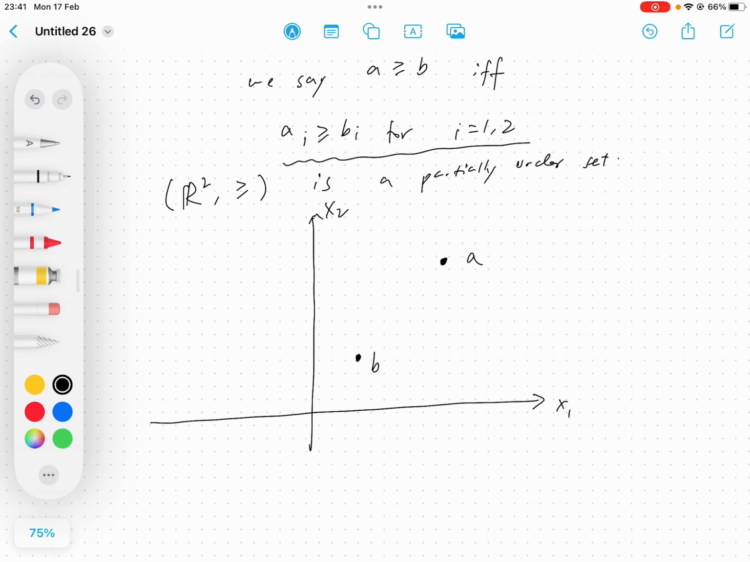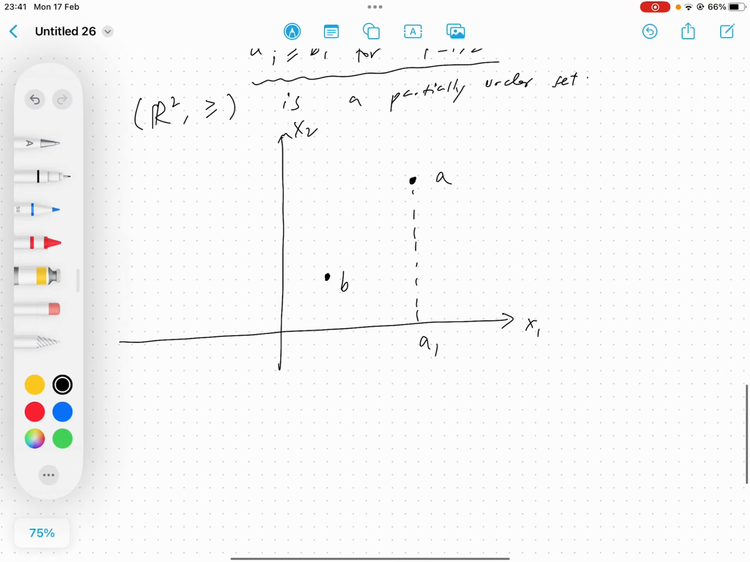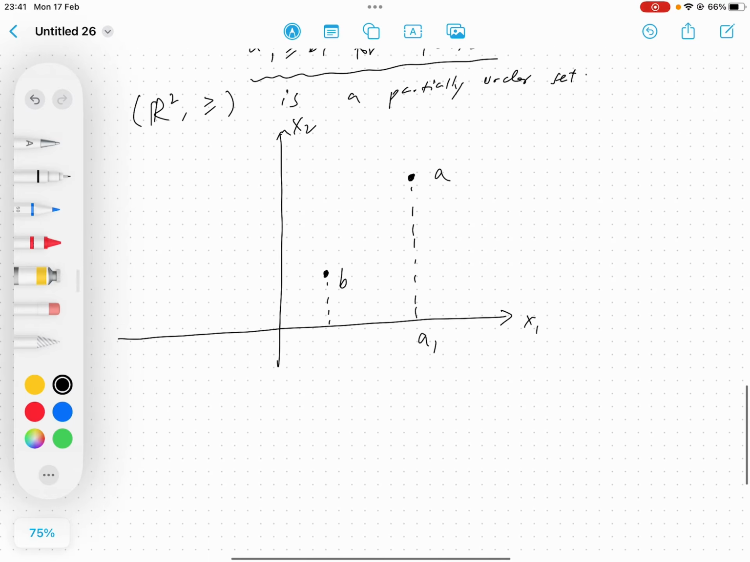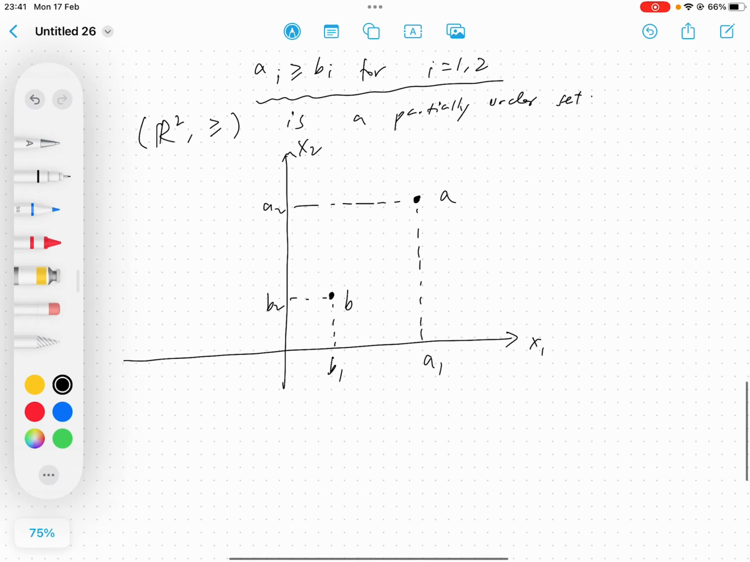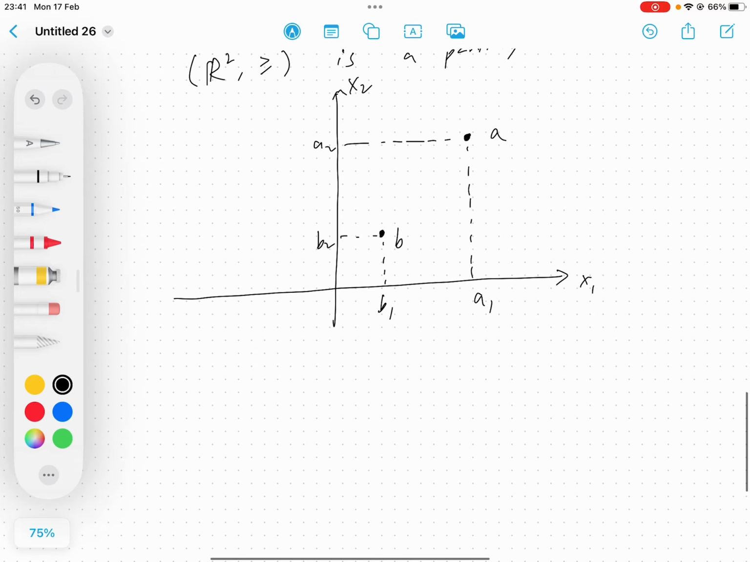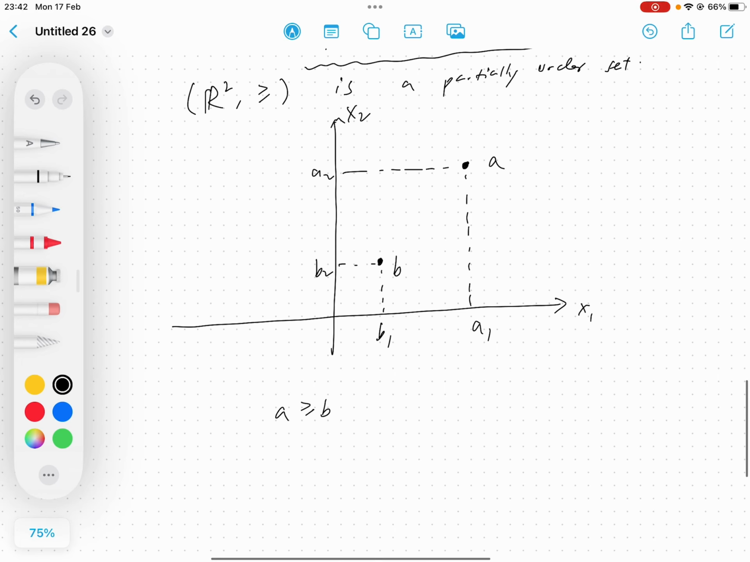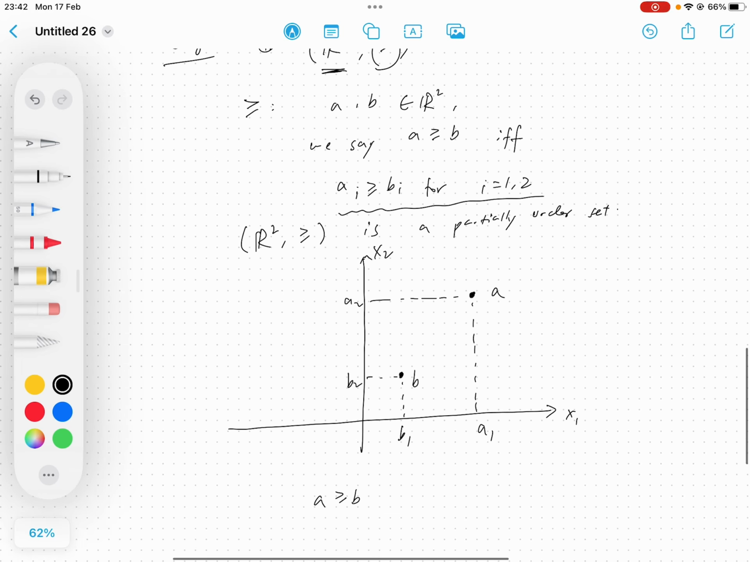All right. So now we can see that on the first dimension, a1 is bigger than or equal to b1, right? And also a2 is greater than or equal to b2. Okay. So by the definition that we just made, a is greater than or equal to b. Okay. And of course, this also satisfies the